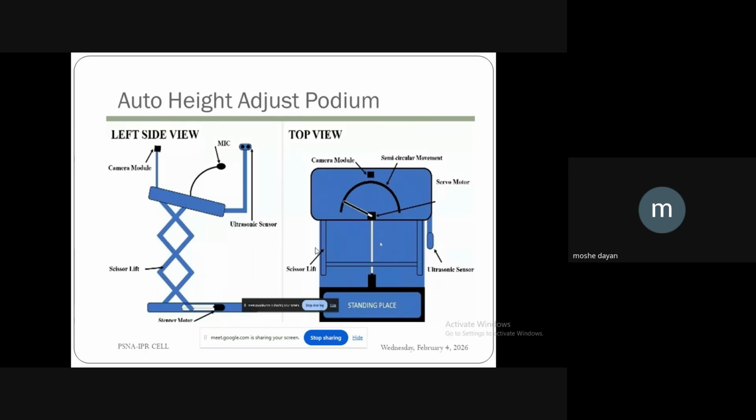And whenever we speak, we nod our head left and right. There is a small camera which is kept ahead of the mic. The camera will sense the image of our face and will automatically activate the servo motor, which will swivel the mic through a 180-degree angle, so that whenever we nod our head and speak, the mic automatically swivels to our face direction. So this is an amazing innovation. Necessity is the mother of invention. Whenever we have a problem and we are able to address it, there lies our innovation.